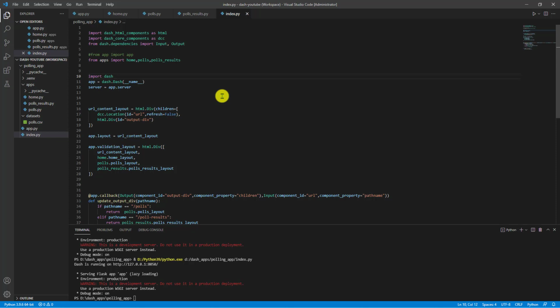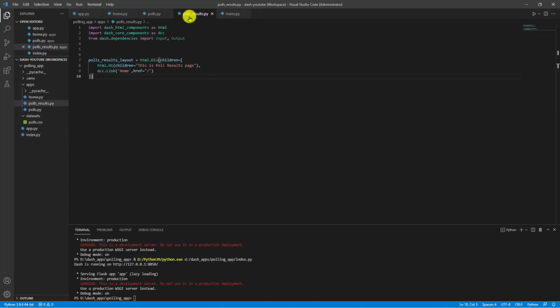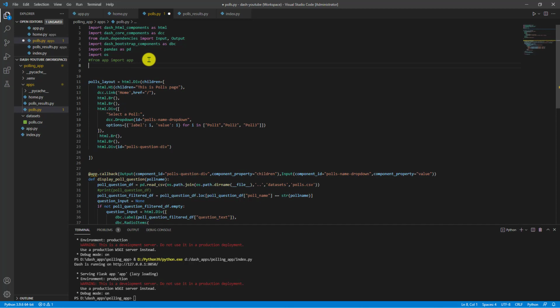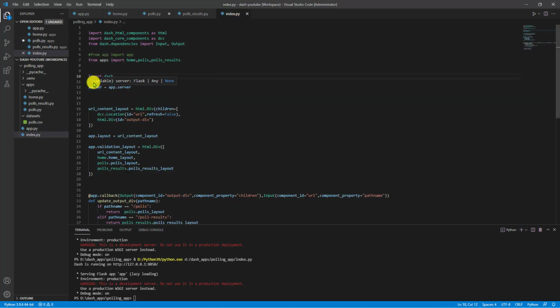Now in that case, what will happen for the other files? Specifically in the polls.py, we have written this particular code, right? Now as we do not have any app.py, because we have removed all the dependency from there, we need to write something like this. Copy, but we still need this app, right, which is defined under index.py.